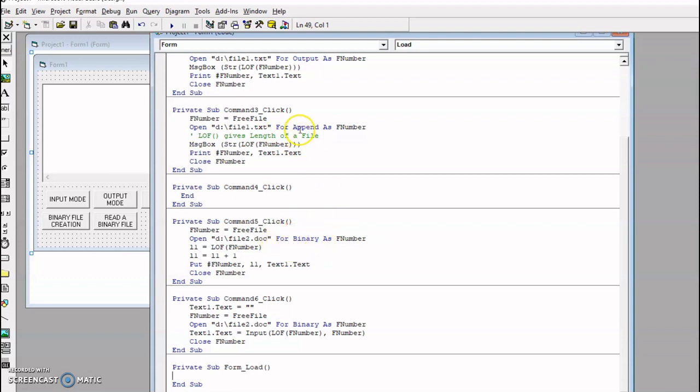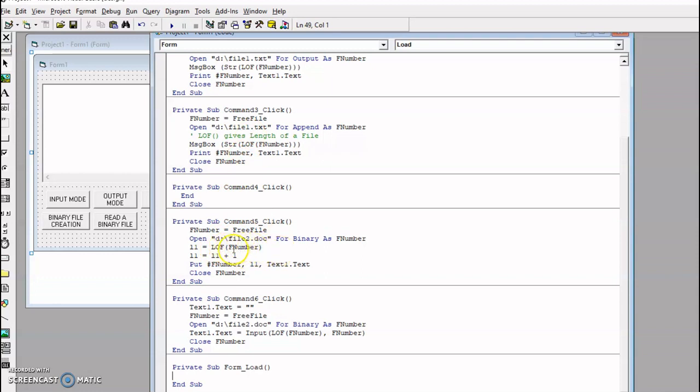Before, we gave append mode for creating a file in an append mode, but here we are going to create a file in a binary mode, so we have to give the mode as binary. And then the purpose of giving this statement is L1 equal to LOF of F number. As we already discussed, LOF of F number gives the size of the file.